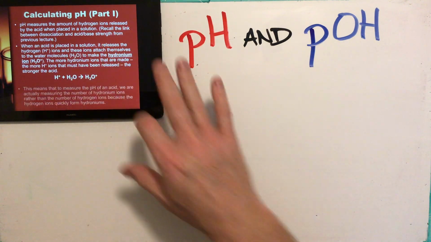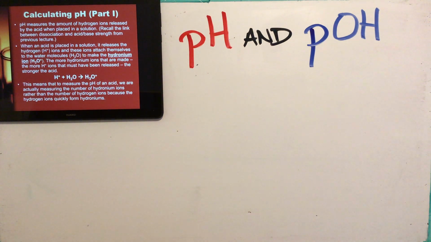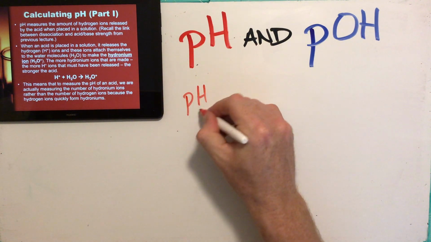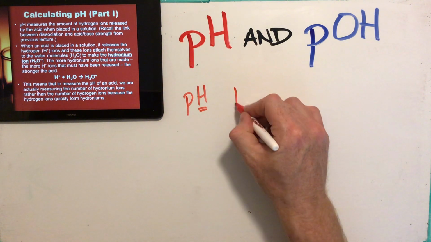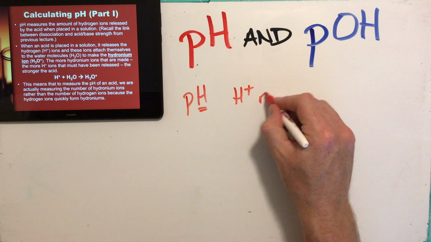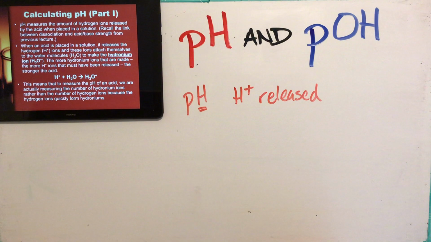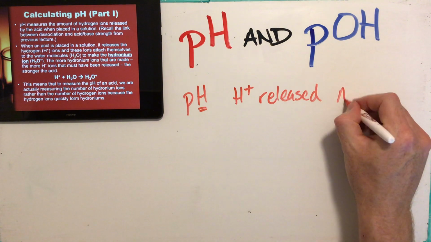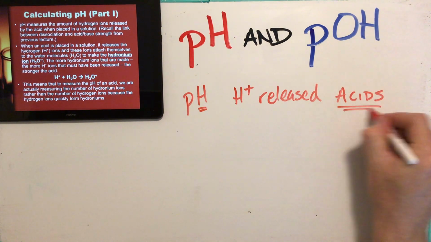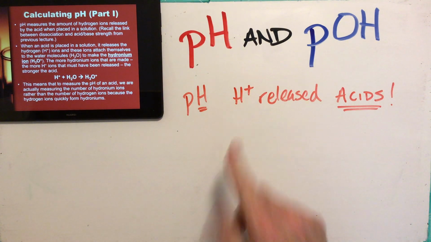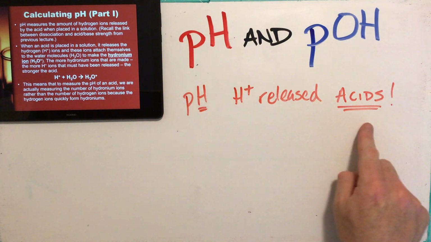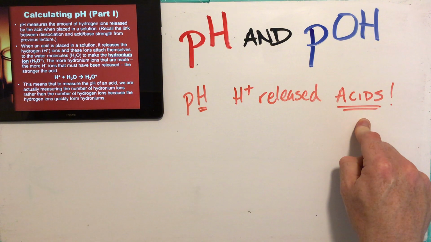Now if I look at the term pH, I'll bring this up, but we'll go over it here. If I look at pH, it's power of hydrogen, right? So what pH measures is the H pluses that are released. And I'm thinking to myself, wait a second, who releases H pluses? That's acids. Bases don't do that. Bases accept them, right? A hydrogen ion is a proton. If pH measures how many protons are released, pH only measures acids,